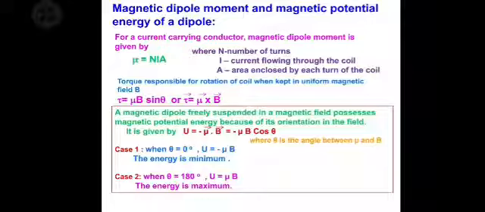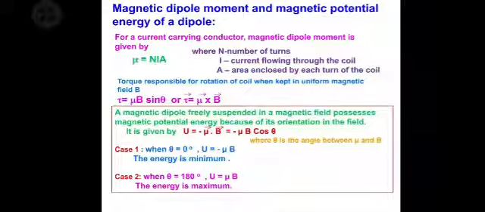We have talked about a current carrying coil. This current carrying coil can be described with the vector mu bar, and this mu bar is called the magnetic dipole moment. If n is the unit vector normal to the plane of the coil, the direction of mu bar is the direction of unit vector n. The magnitude of magnetic dipole moment, or magnetic moment mu, is equal to NIA.